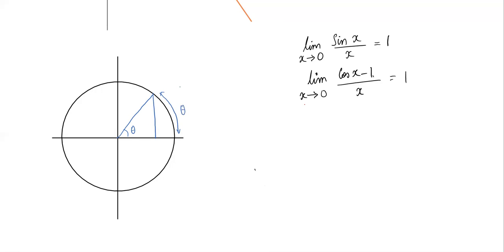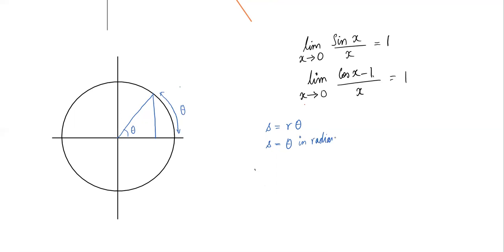We know that because we have the arc length formula, S equals r theta. S is the arc length, r is the radius. When the radius is 1, because this is a unit circle, S is the same as theta. So this angle theta in radians